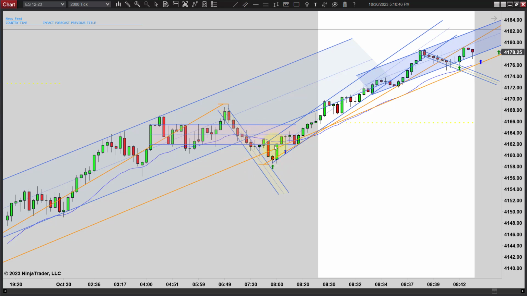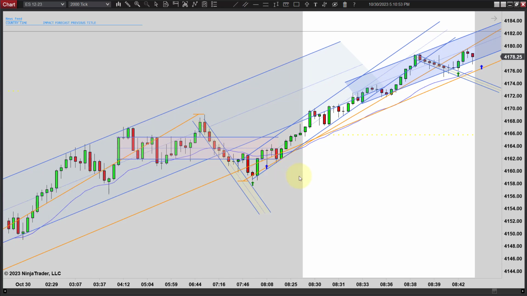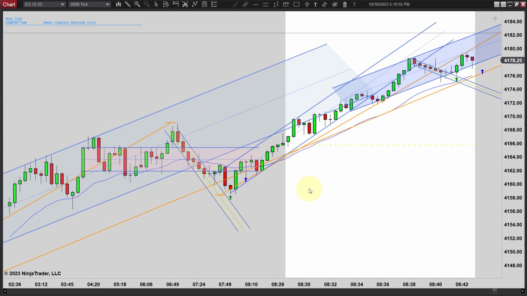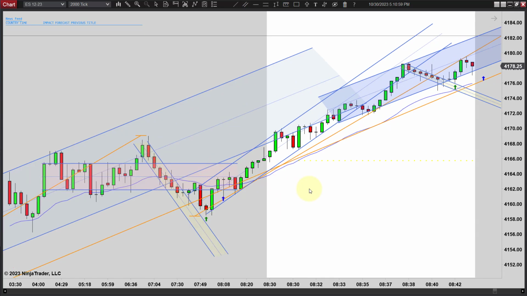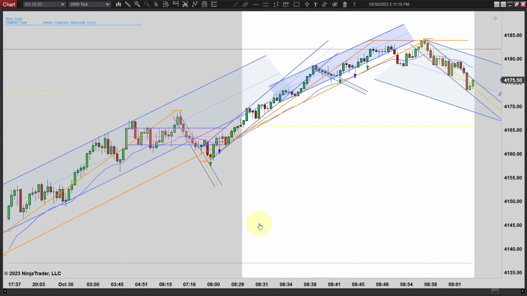So I would just wait, and then notice we get one more little push down, and you get this little bar with like 6 ticks. Maybe you take that one. It's pretty low risk, but you're better off to wait on the higher low, which comes right here. And it looks like at first that one is going to fail, but it takes off. And if you caught this trade and waited it out, you'd get a runner here, and you probably could ride this up significantly.